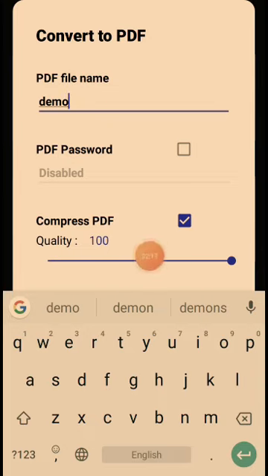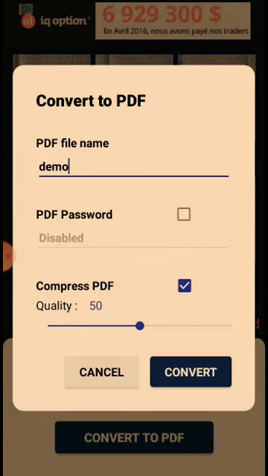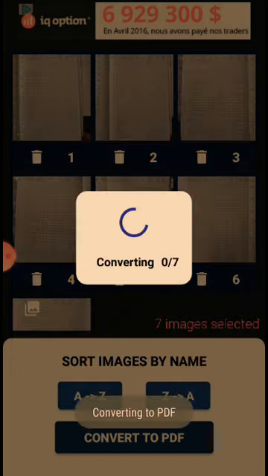So if we don't want the 100 quality, what we can do is that we can just slide this slider here and we can choose any quality. Like here I'm choosing quality as 50%. So what is happening here is that if I choose 100%, then size will be more. So to reduce the size, I'm choosing a compress option here. So I'm taking 50% as the size. So it will try reducing the quality to 50%, and then I'm clicking on convert here.